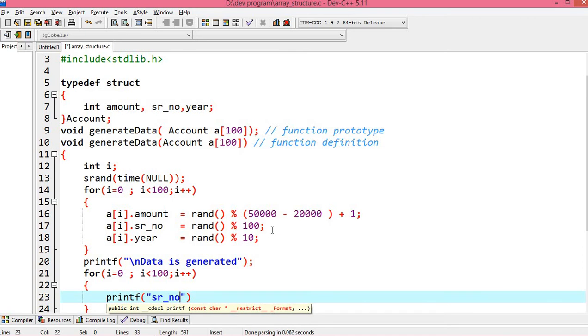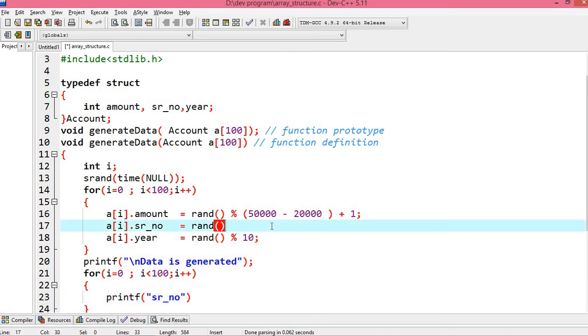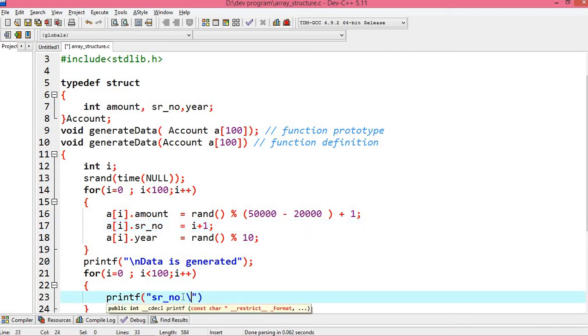I don't want to write something like this, it should be i plus 1. Serial number, after that backslash t, after that it is amount, backslash t, and after that it is year. Let me put backslash n over here.